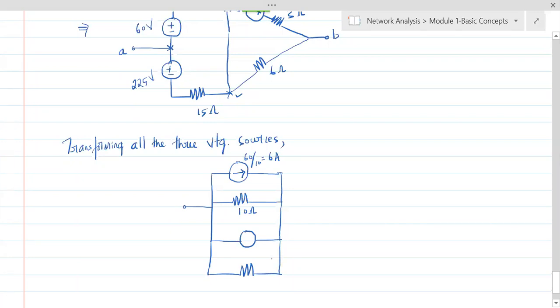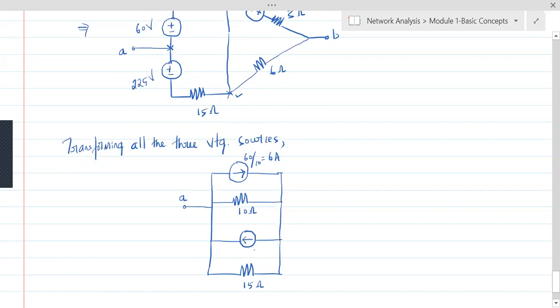Now where would be the arrowhead here? Anybody, where would be the arrowhead in this particular current source? See, this is the voltage source, this is A, this is A. Now this positive sign is with A, this positive sign is with A, that means the arrowhead should be towards A. So that's why the current source will have the arrowhead like this. And this 15 ohms anyways is here. Understand that? Now what is this current source?